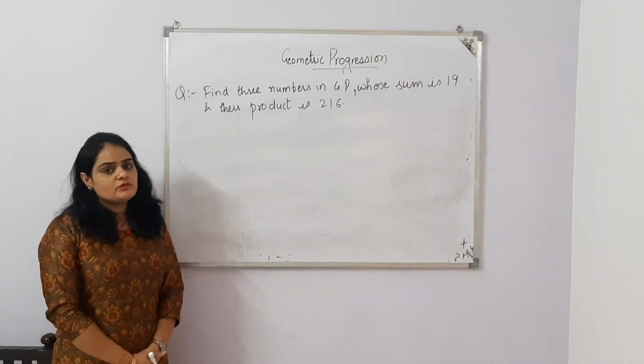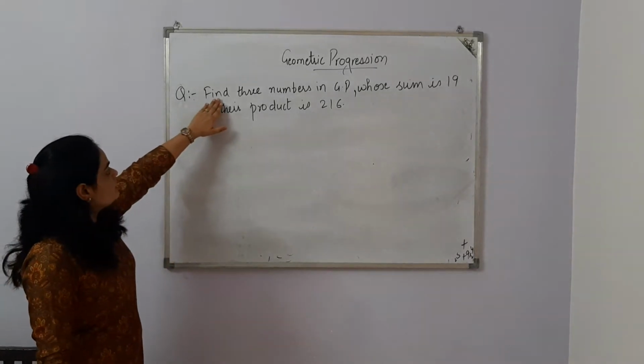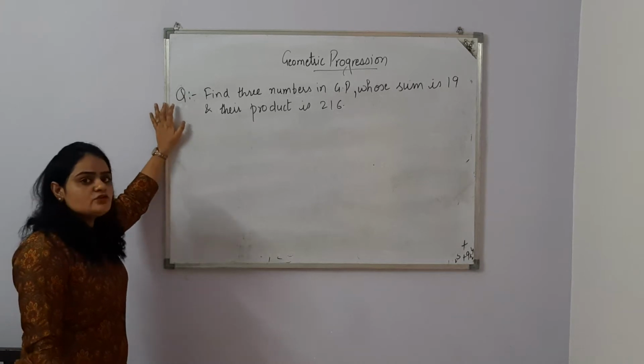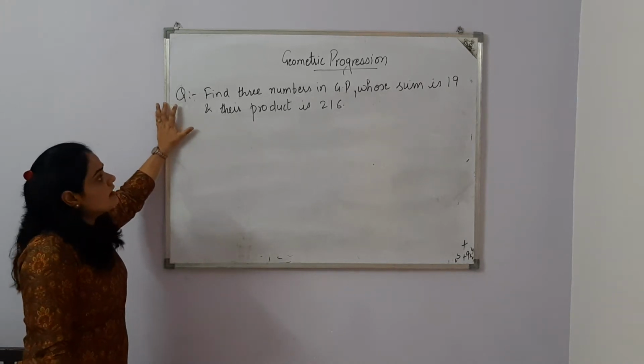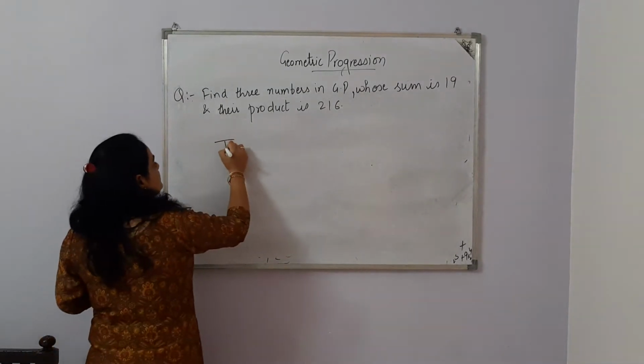We are doing geometric progressions. Let's proceed with this topic. Let's do one question. Find the three numbers in GP whose sum is 19 and their product is 260. Okay, now we need to find the three numbers in GP. When the author is asking about the three numbers in GP,